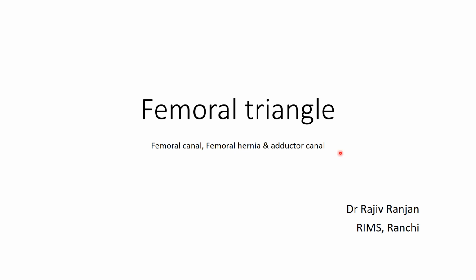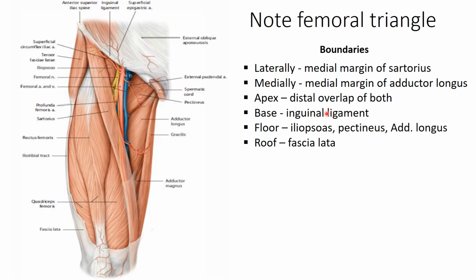In today's class, we are going to discuss the femoral triangle. Along with that, we are going to discuss the femoral canal, and the applied aspect, which is the femoral hernia. This femoral triangle is a depressed intermuscular space situated in the anteromedial aspect of the upper thigh, and it is clearly evident when you keep your thigh in a flexed, laterally rotated and abducted position. Then this depression is clearly evident.